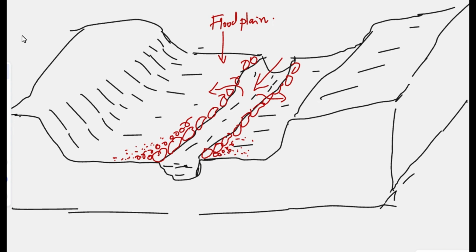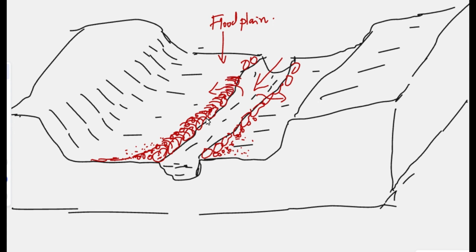So what does this tell us? Basically, it means that because the large materials are deposited first, we are going to see an accumulation of large boulders just next to the river and along the river bank, but the fine materials are taken further away from